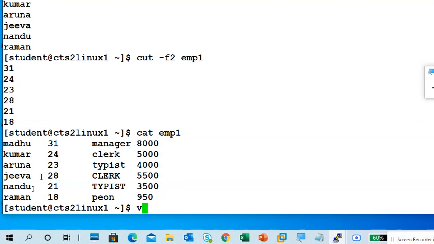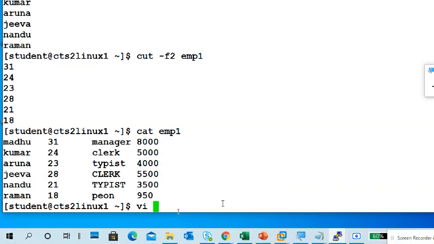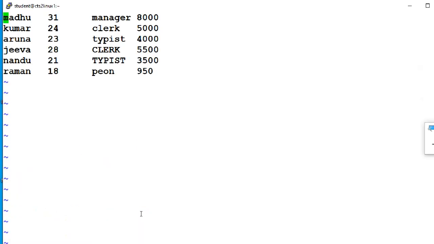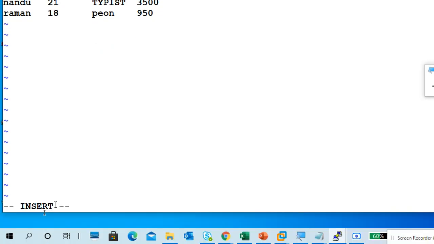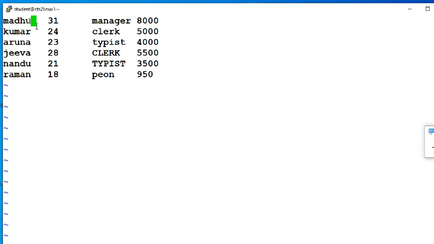And what to do? vi emp1, enter. So you are in the data, right? Just press i, which means insert mode. You are in insert mode now.